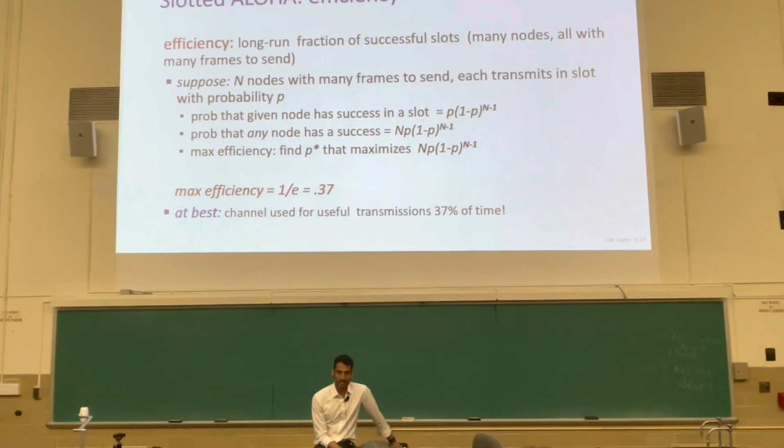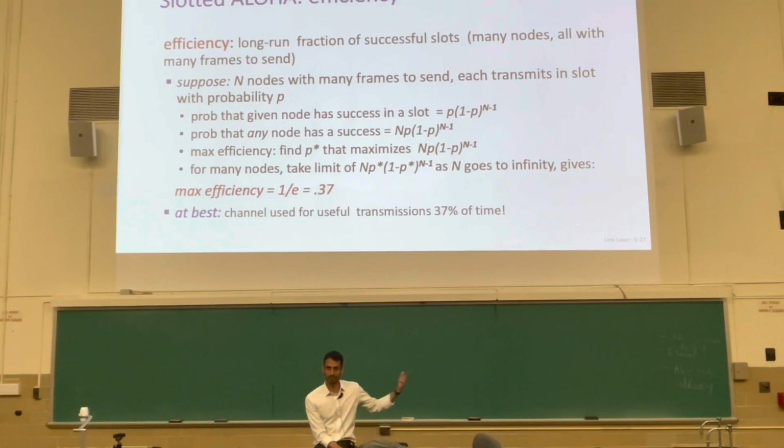So given an n, you will get a P star by taking the derivative and setting it to 0. Whatever value of P you got, we call that P star. That is a probability parameter set that will maximize efficiency with n nodes, where n is given to you. And now we simply ask the question of, as n tends to infinity, this P star is going to be some function of n. When you take the derivative and set it to 0, you get P star in terms of n. When you plug that P star back into this expression, ask, what happens if n tends to infinity?